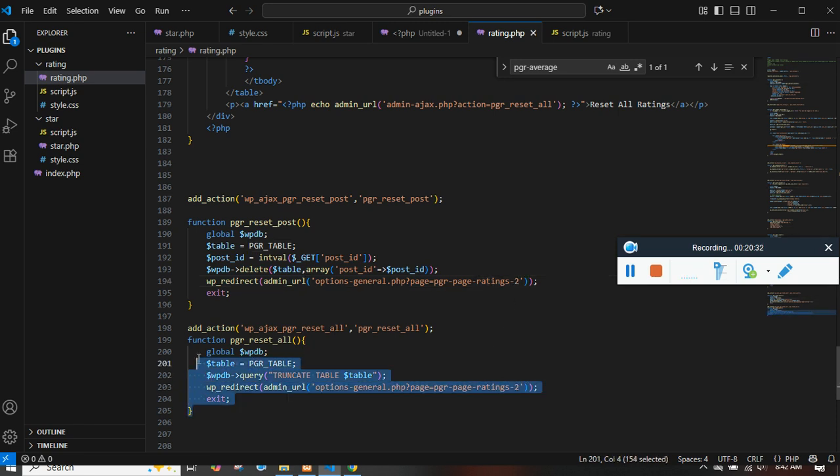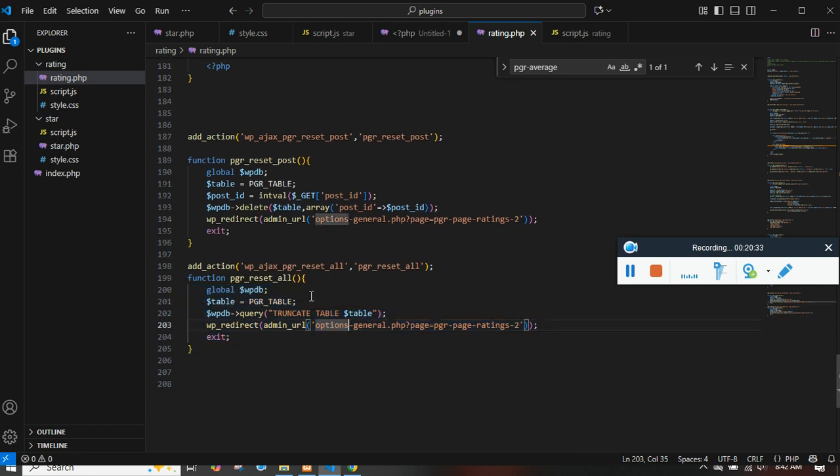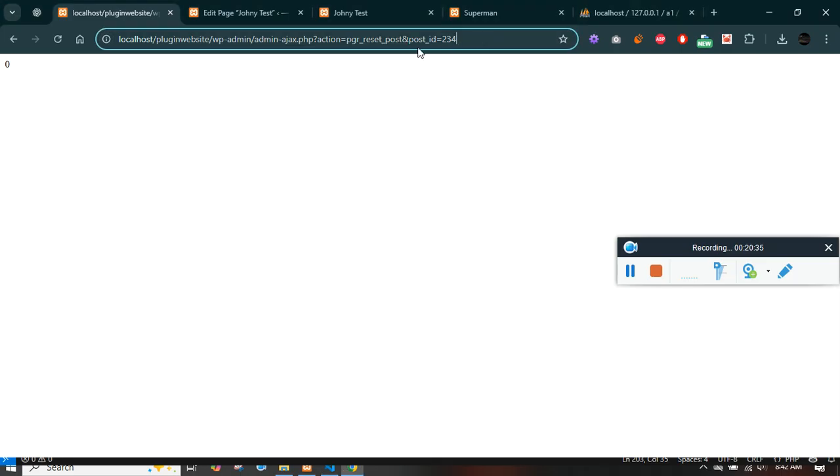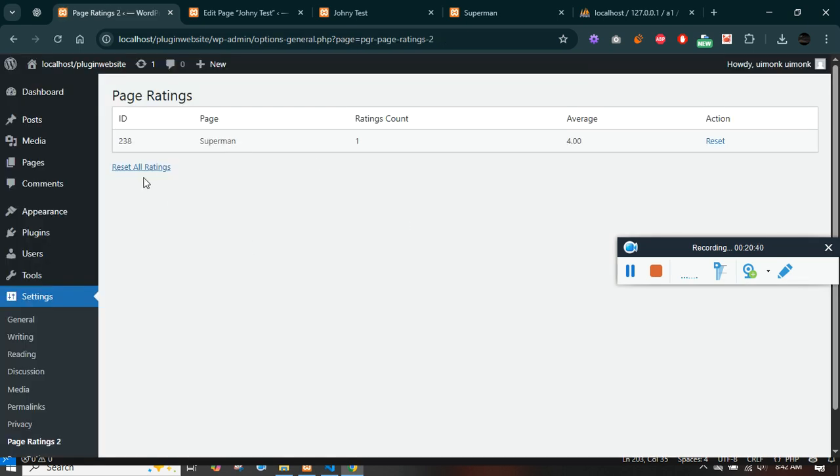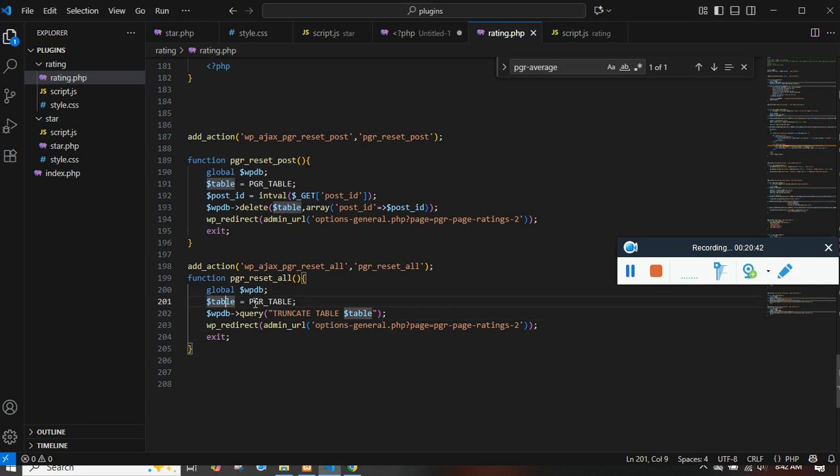Similarly, for all, so it got deleted. If I click reset all, we have the URL reset all, getting the table and database connection, and we are just removing the whole table and redirecting back to the